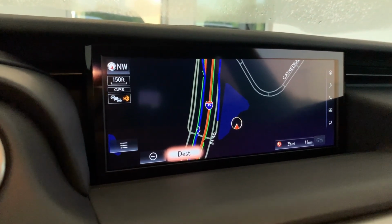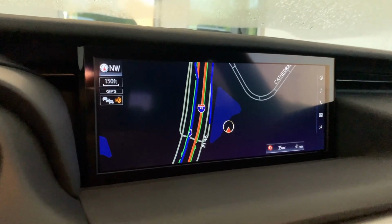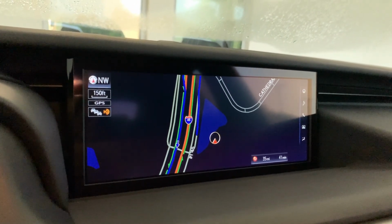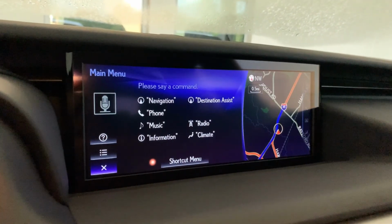Once you're on your way, if you decide that you don't want directions any longer, the quickest way to cancel your guidance is to say,